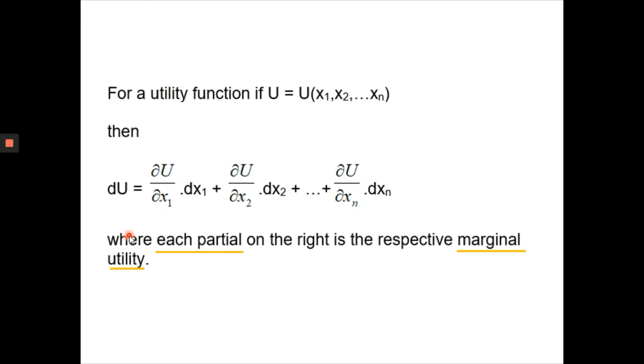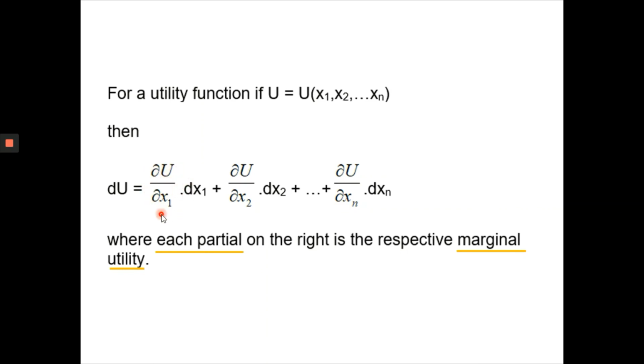Okay, so for example here, we're looking at the change in utility when consumption of X1 changes, and this here would be the marginal utility of X1,